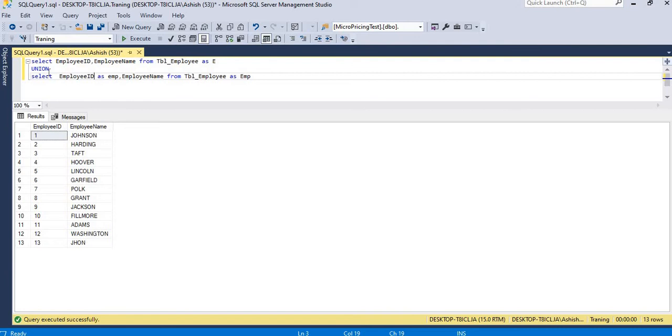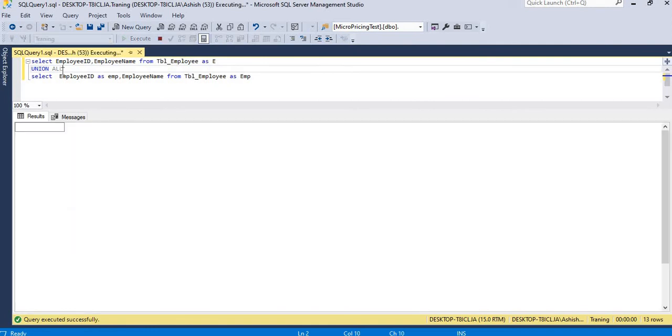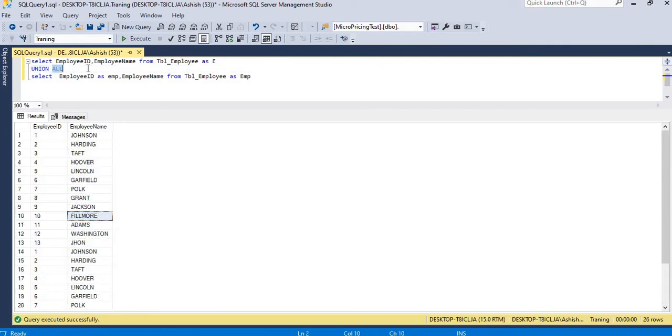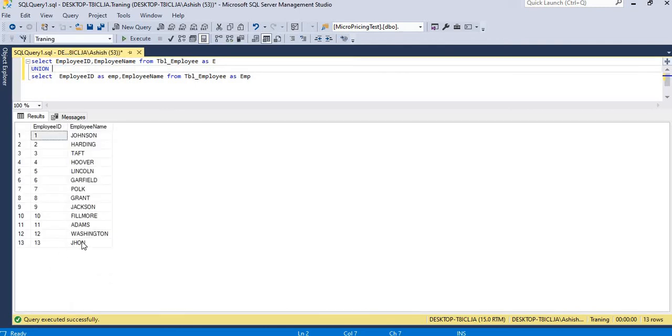Union always makes the values distinct. If I go with union all, it will give you all the records, including duplicate records, and it will not make any order. Union will order and distinct the records, and union takes more time than union all.